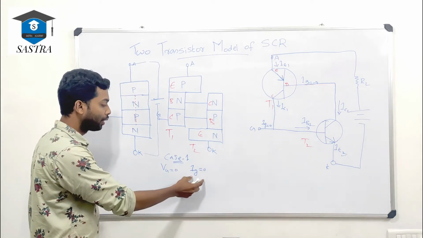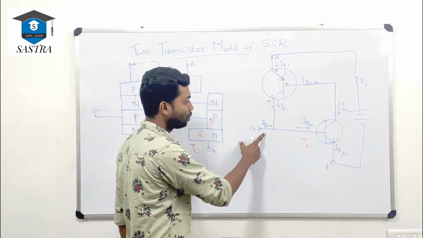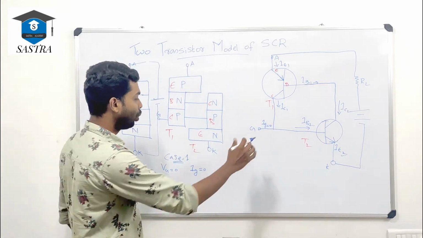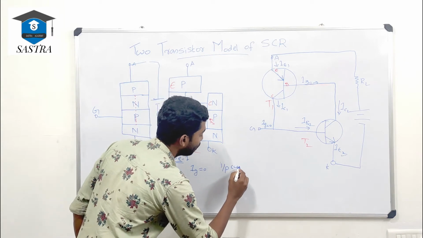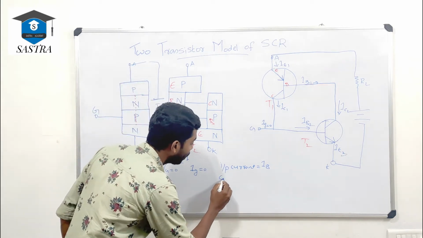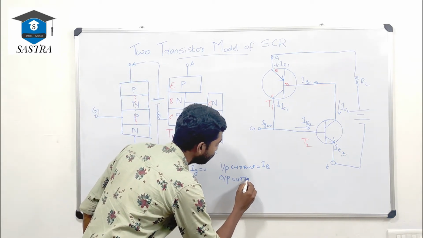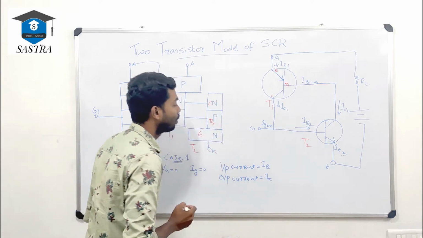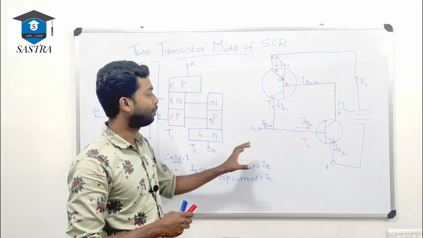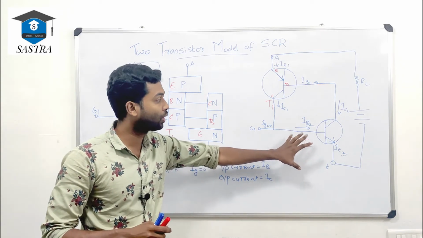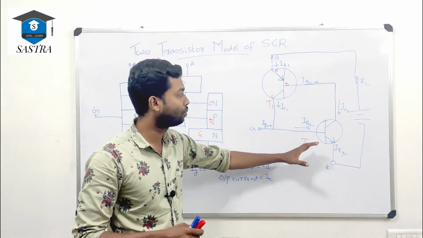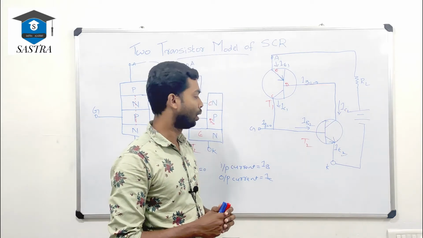In case 1, the gate current is 0, so the corresponding base current is 0. In a transistor, the input current is the base current and the output current is the collector current. A BJT is a current controlled device. That means the input base current will turn on the transistor and there will be a flow of current. So with base current the transistor is on, and the output current is the collector current being produced.